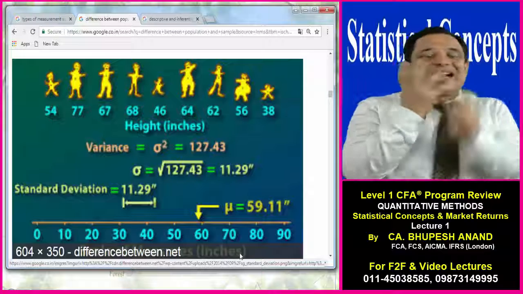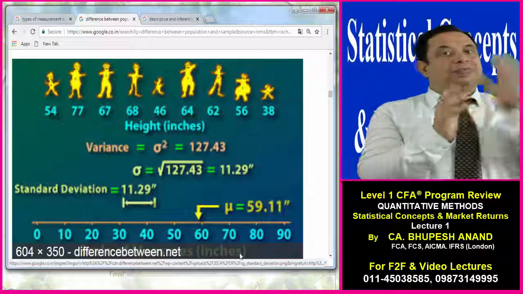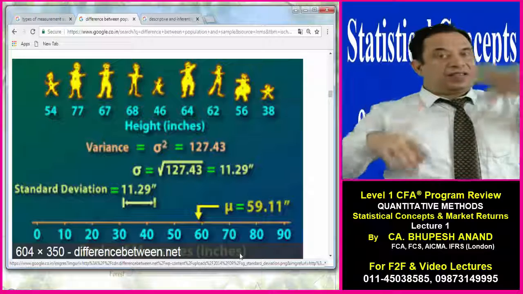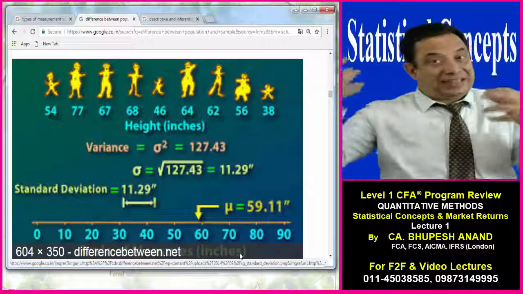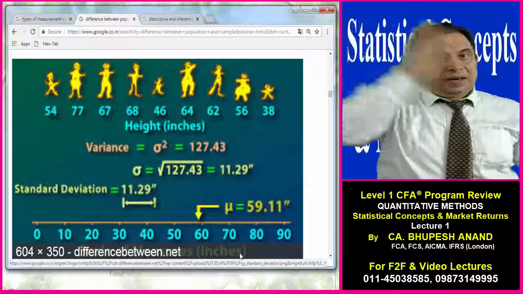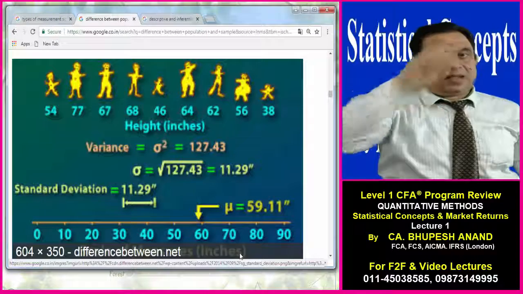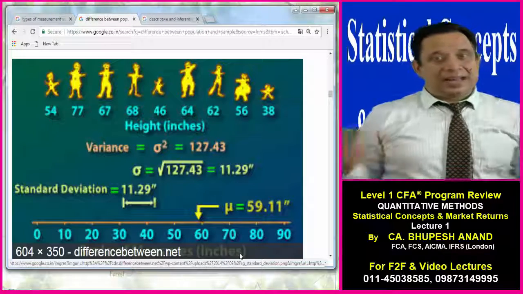So in today's lecture, I have discussed three points, and I am revising them again. Statistics can be of two types: descriptive and inferential. Then I discussed the meaning of a population and a sample. And then I discussed how many types of scales there are: nominal, ordinal, interval, and ratio. Ratio has a base, interval does not have a base. Ordinal has an order, and nominal does not have any order.